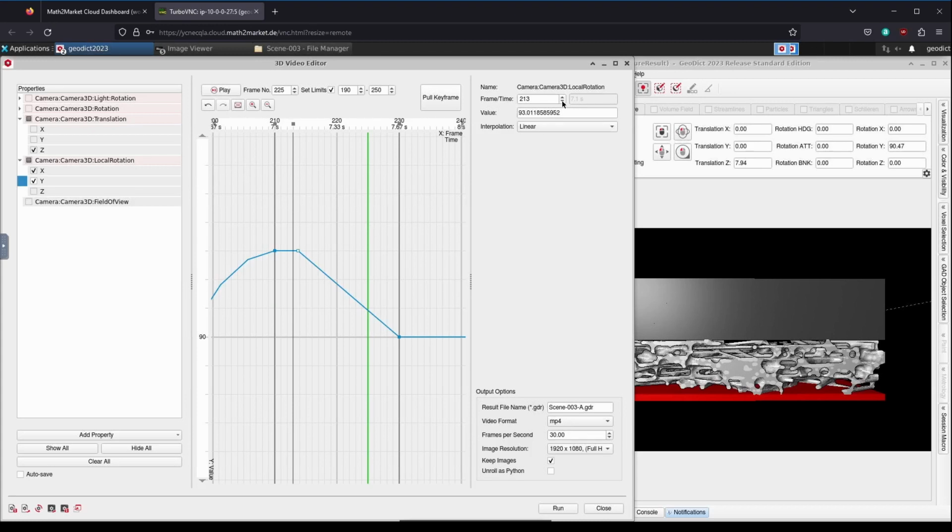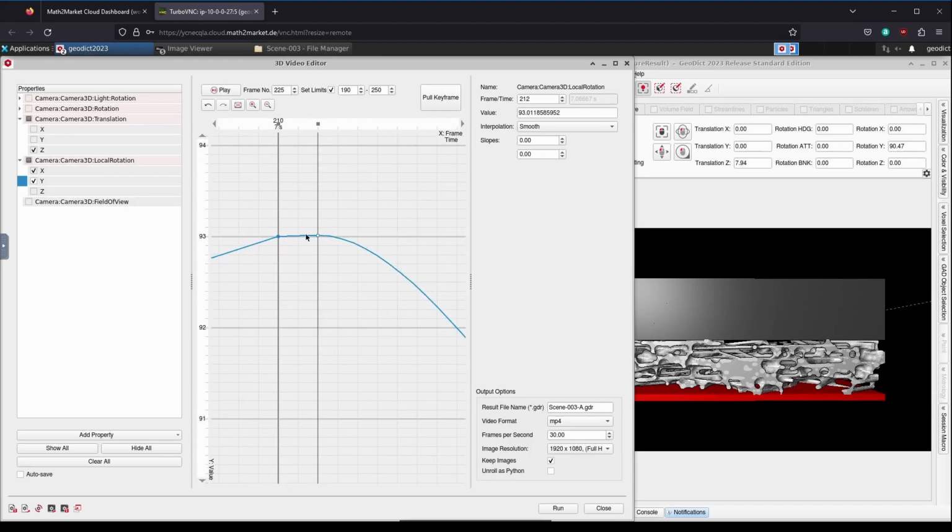We make sure that the distance between the control points is 2 frames, and we also make sure that the interpolation is set to smooth again. The value of the new control point should be the same as the old control point. We either do this by eye and mouse or use the numerical input here.